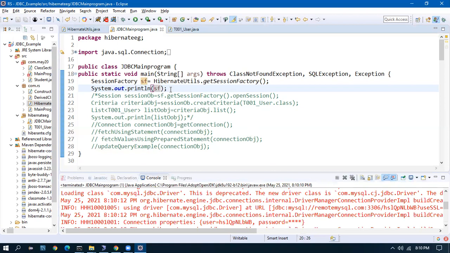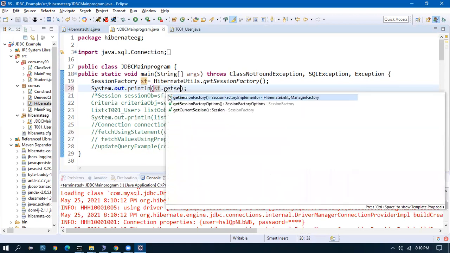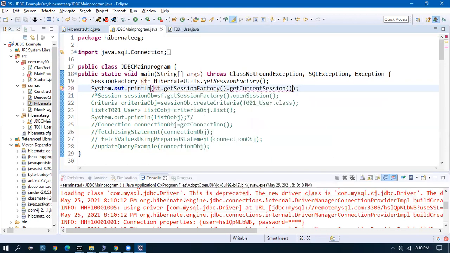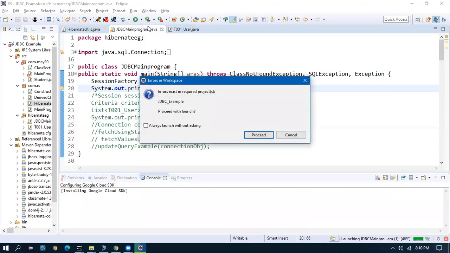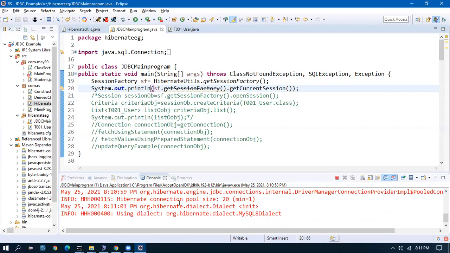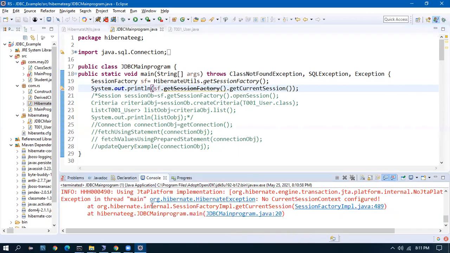sf.getSessionFactory().getCurrentSession(). Let us see if there is any session currently available or not. Okay, it says no current session context configured, which means there is no session available.